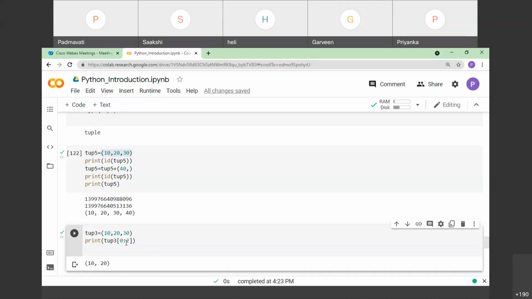So here I'm simply showing that not only can we apply the slice operator on strings, we can even apply the slice operator on the tuple as well. The working criteria remains the same. There also it takes the first index as the start index and the next index as the last minus one index. At that particular place, it will stop. Here the last index I have given is 2, so it will not print this value. Instead, it extracts up to 2 minus 1, that is up to this.